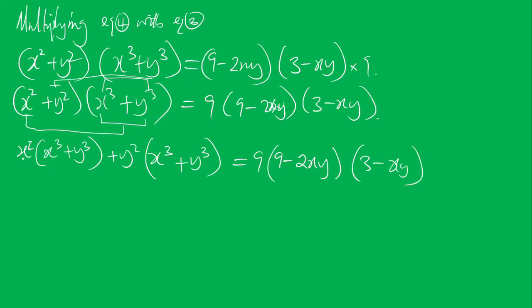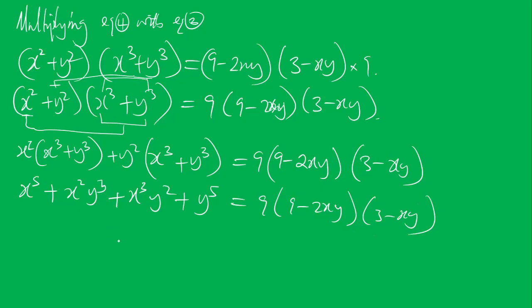Now, if we expand, you have x square times x cube. So you have x to the power 5 plus x square times y cube will give you plus x square y cube. Then y square times x cube, you have plus x cube y square. Then plus y square times y cube will give you plus y to the power 5, which is equal to 9 into 9 minus 2xy into 3 minus xy. Now, if you look at it critically, you have x to the power 5 plus y to the power 5 plus,